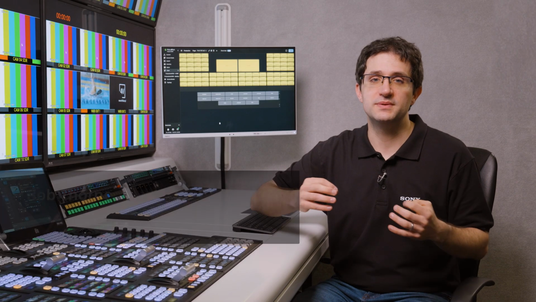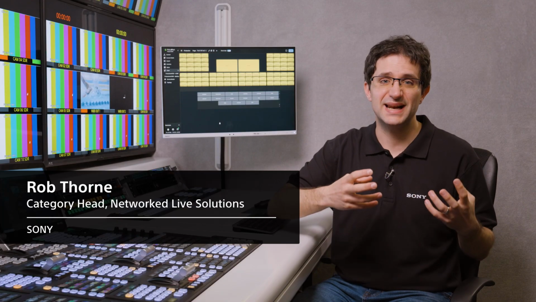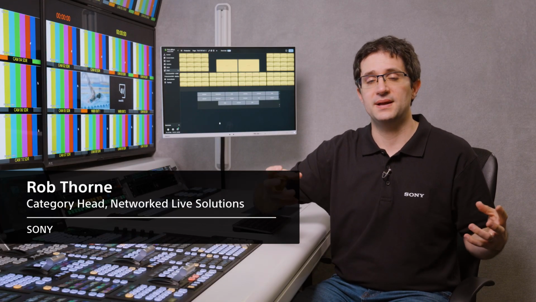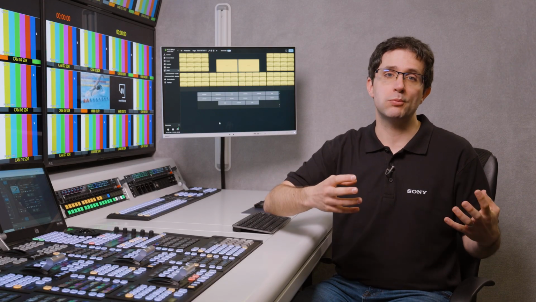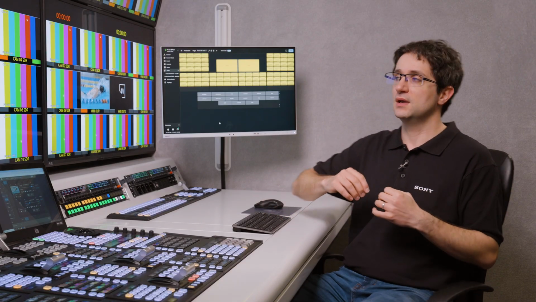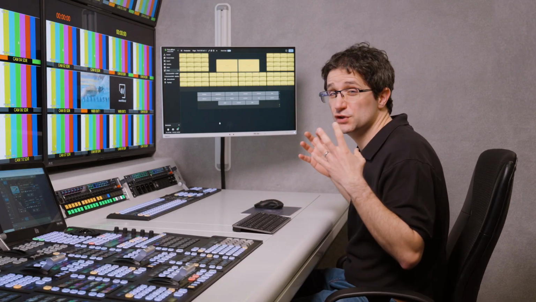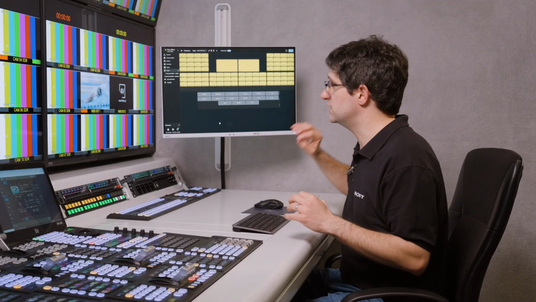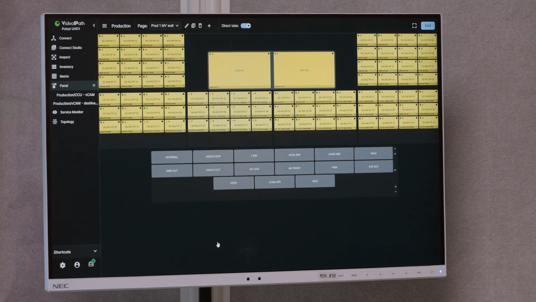In this video, we're going to be exploring how to use the VideoIPath Panel application to create custom web page-based interfaces to enable operators to have a smoother experience while operating the environment. Within this application, you can do a variety of different bits of functionality, all embedded within the same panel. And again, it's using that same drag and drop experience that we had with the hardware panels within the panel